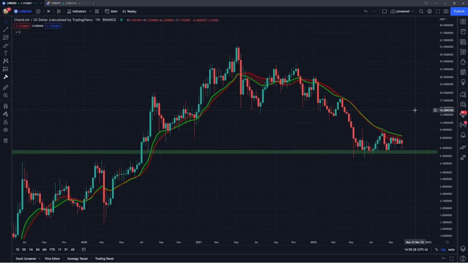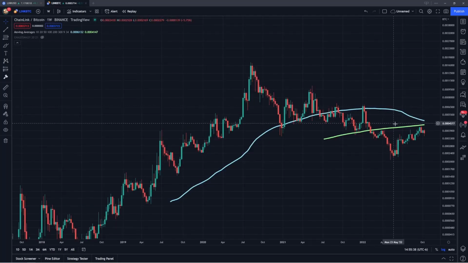Today I'm going to be providing a long-term market analysis update for Chainlink. On this chart, I'm really going to be focusing on these two moving averages, the 20 weekly and the 21 weekly exponential moving average. I'm also going to talk about the LINK/Bitcoin ratio, some very key things I'm noticing on this pair, and what I want to see headed forward to be bullish on Chainlink.